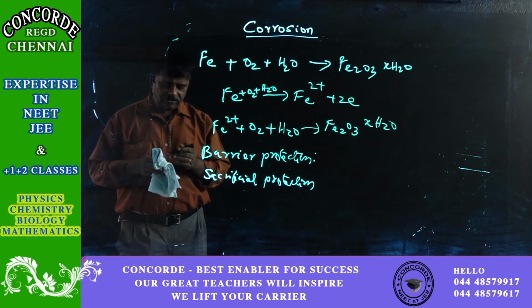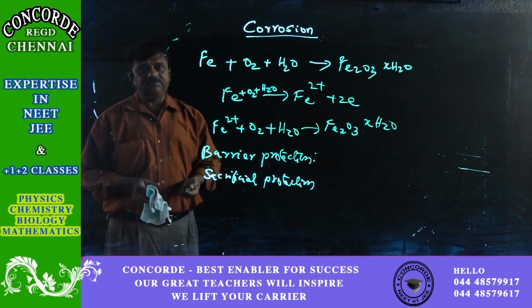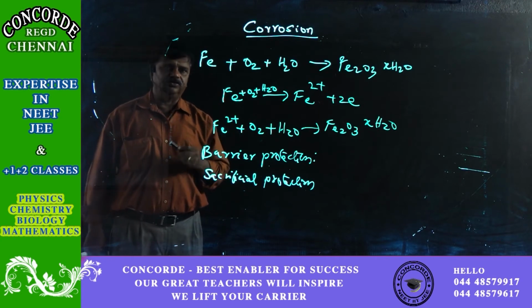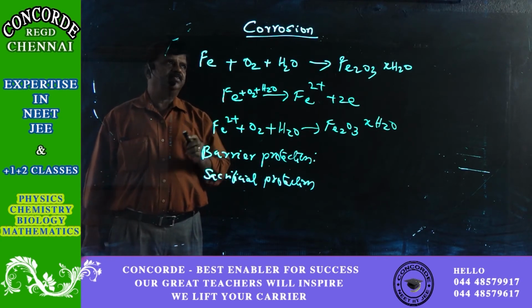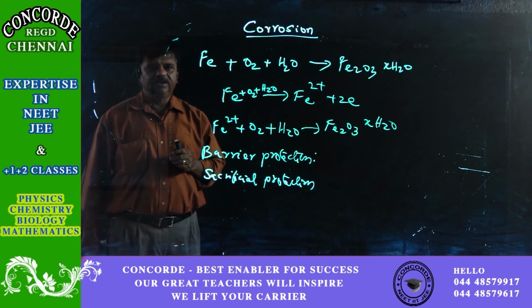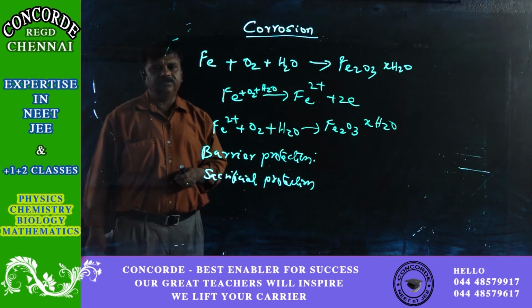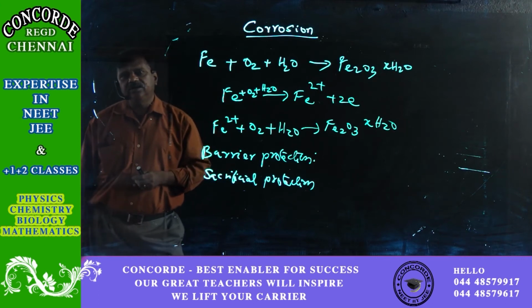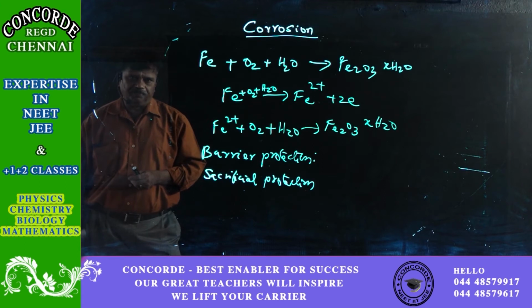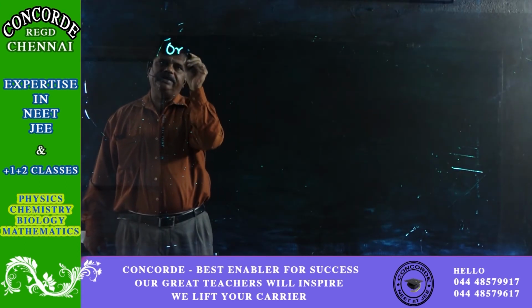So though there are a lot of advantages of electrochemistry by way of electrolysis, electrochemical reactions and all, these are some of the deteriorating effects of corrosion. And people all over the world are spending a lot of money on preventing the corrosion. Now let us see about the order of the reaction.